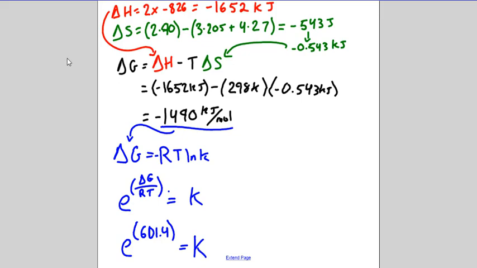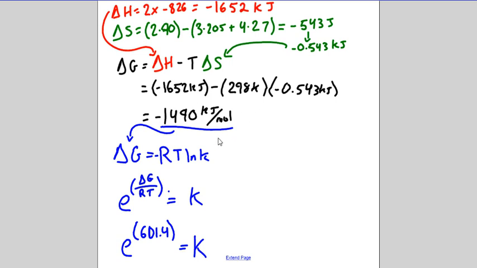So we use that delta H value, products minus reactants. Well, we only have one value because the others are elemental form. So we get this for delta H. We can do products minus reactants for delta S, and that gives us this value in joules or kilojoules. We want to use the kilojoules. Here's that delta G equals delta H minus T delta S. So we can plug those values in, and we get this delta G value,